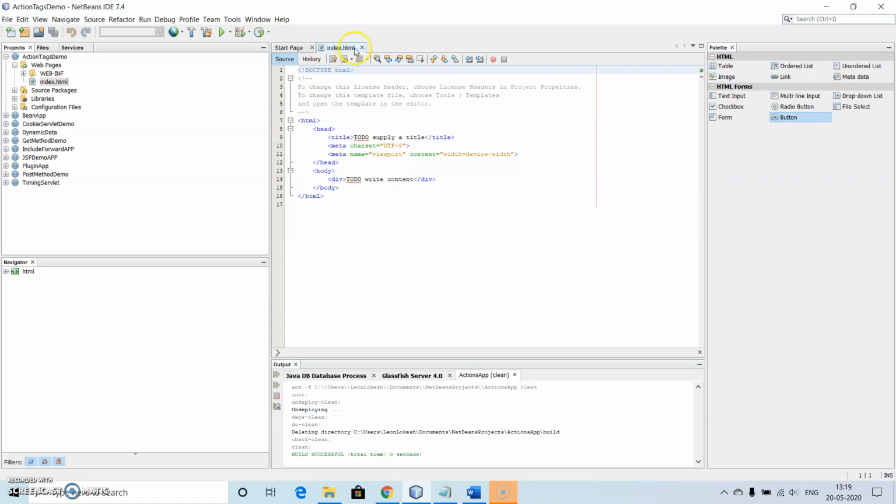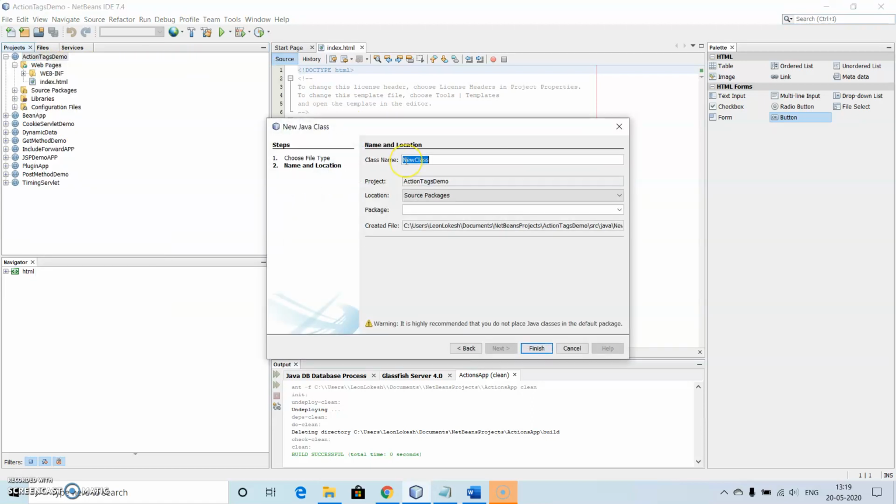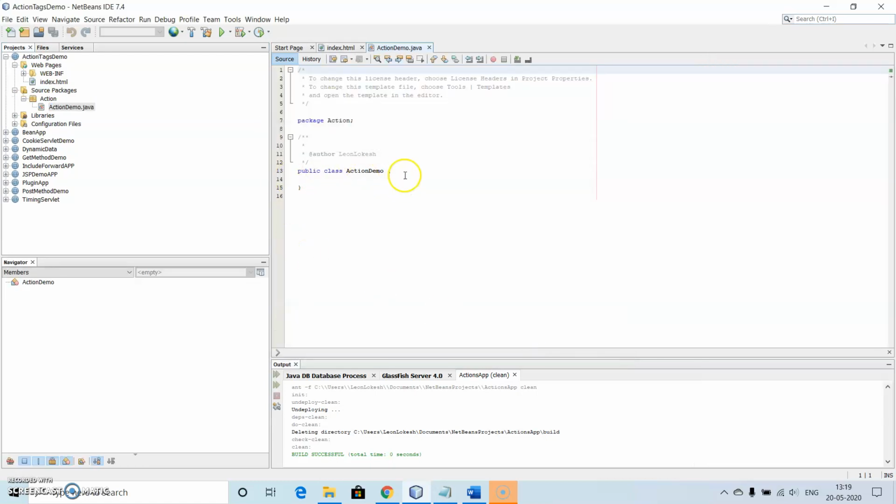Then we got one HTML file which we are not going to use in this particular program. Now we'll go to new and create one small Java class file. So let us write the Java class file action demo, and let us give action as the package name. Click on finish, and inside this we will use one small method public